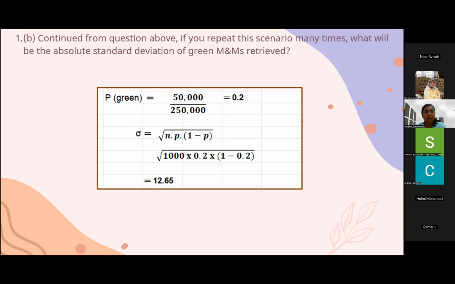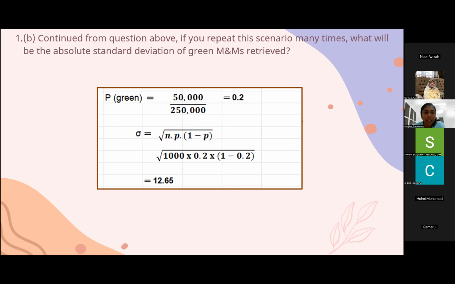For the second question, it's about absolute standard deviation. Normally for standard deviation, we need the mean to calculate. But in this scenario, they have just mentioned it's a repeating scenario many times, and we're not sure how many times it's been repeated. So for this type of question, we need to use the binomial distribution standard deviation,